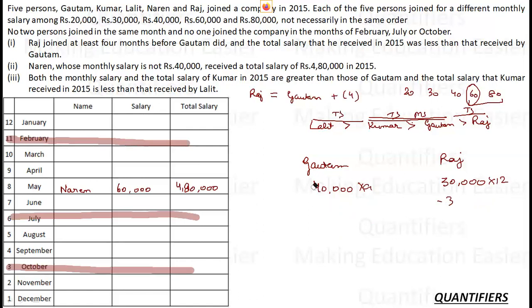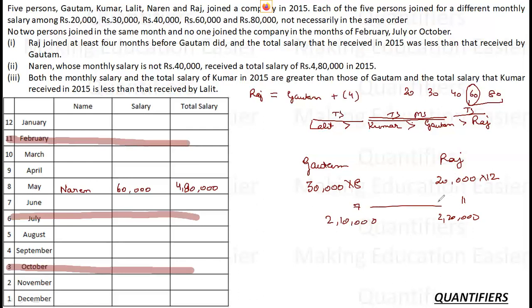Okay. Let's talk about the second case, that if Gautam is, let's say, taking a salary of 30,000 and Raj is taking a salary of 20,000. In how many months will they be equal? 8 and 12. So in 8 and 12 they are getting equal. They are not even getting close, they are getting equal. So can I say this is also not possible? Because if I reduce 12 to 11, it becomes 2,20,000. I have to keep this value at least 7. So 7 into 30,000 is 2,10,000.